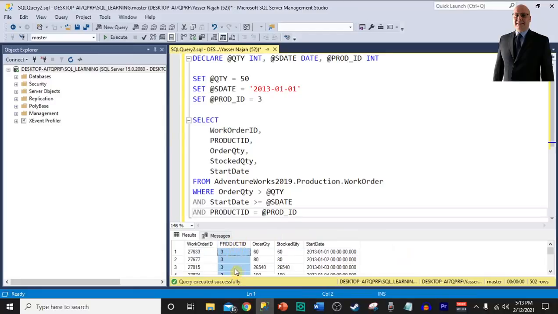We will get everything in the result set here with a product ID of 3. Why? Because we did set number 3 for the product ID. And that's what we used in the product ID equal to whatever value the variable @productID has, which is 3. The same thing here for the start date. We used the @sDate variable. So pretty much